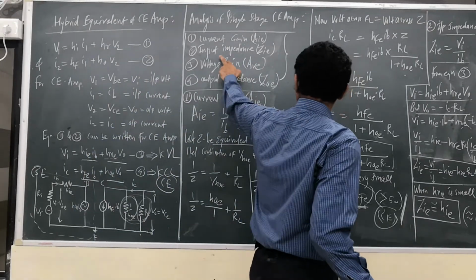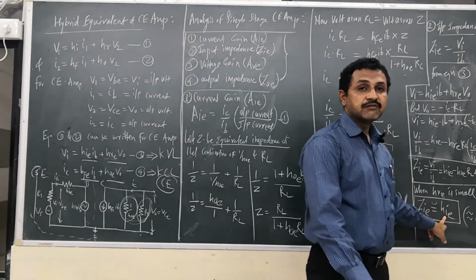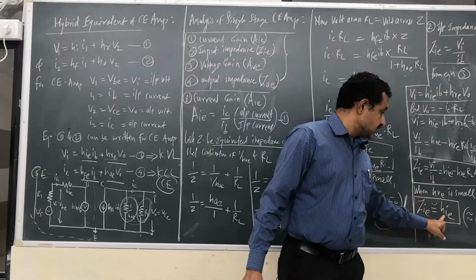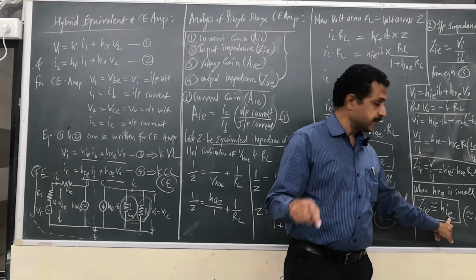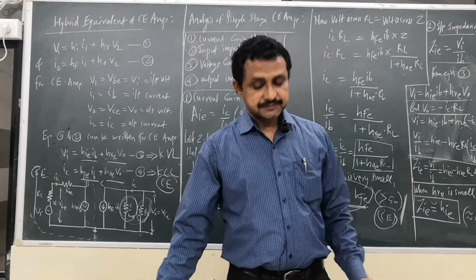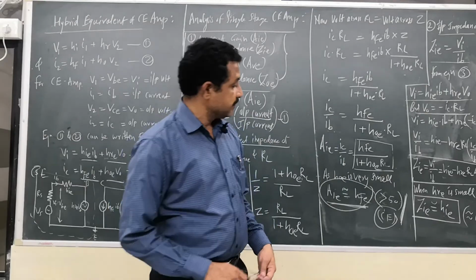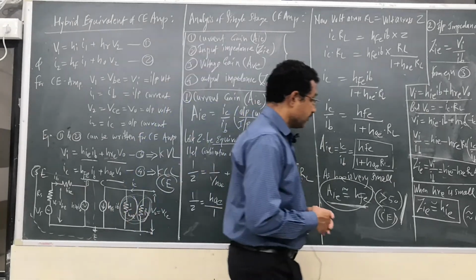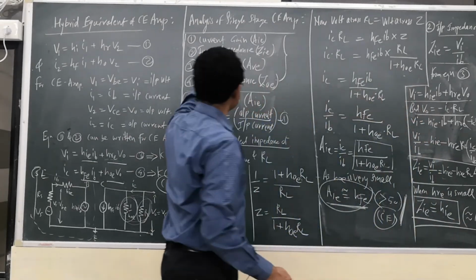That means the input impedance of CE amplifier is equals to the, what is this? Input impedance hie. This is the input impedance hie, input impedance of common emitter amplifier, and it is nearly equals to 10 raised to power 3 ohm. As per the standard value catalog, you will obtain the value of Zi is nearly equals to 10 raised to power 3 ohm. So this is the second expression we have obtained for the input impedance.